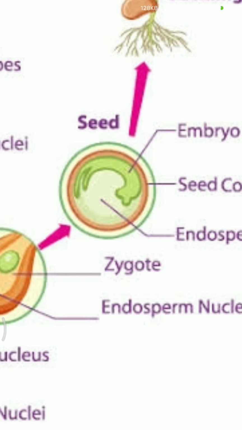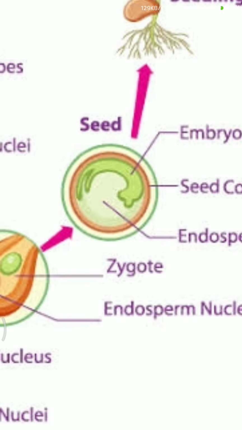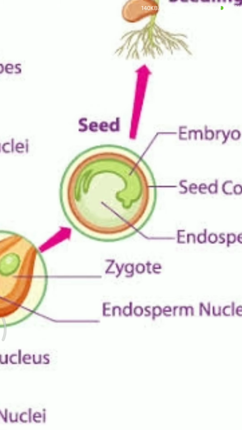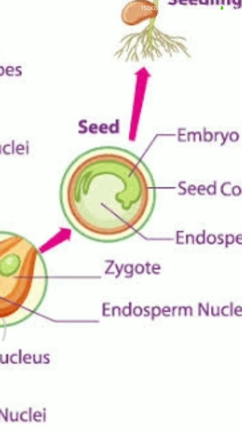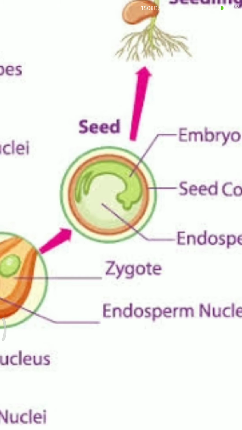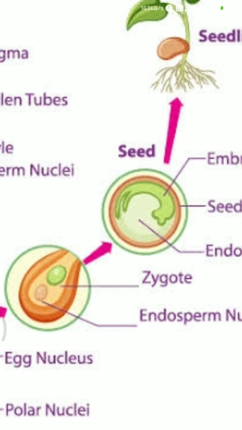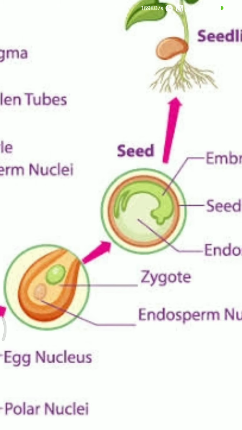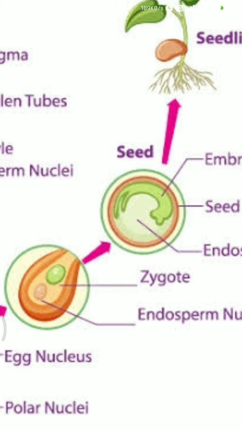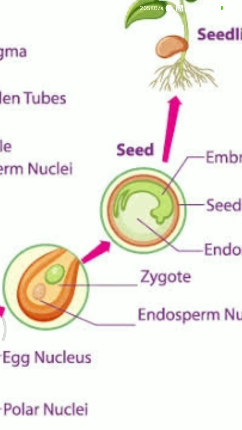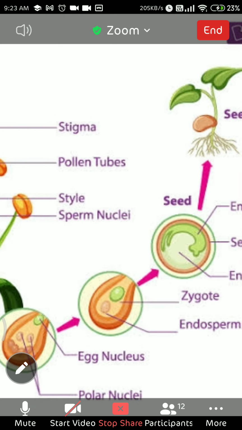No, this doesn't mean that a single seed is unicellular. A cell is a very tiny structure, you cannot see it with the naked eye. If the seed were unicellular, you could not see it with the naked eye. So seed is not a unicellular structure, but at the time of fertilization inside the ovule, the egg is unicellular. The male gamete is unicellular, and when they fuse together and give the fertilized cell, that is zygote, that is also unicellular. But zygote undergoes repeated division, and as a result, embryo forms.